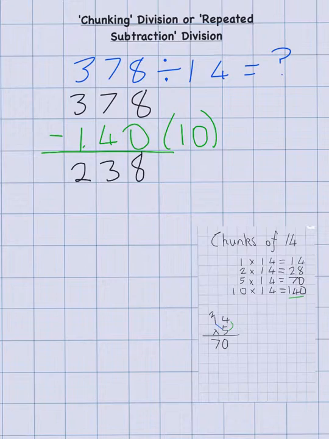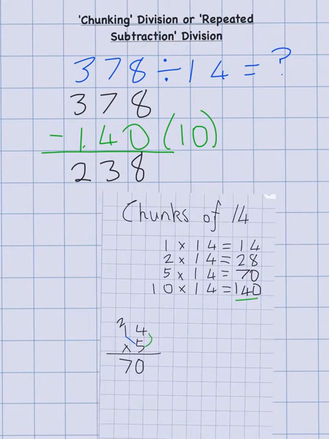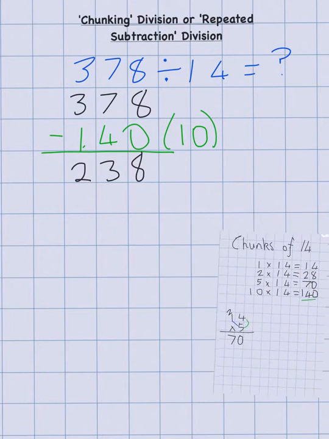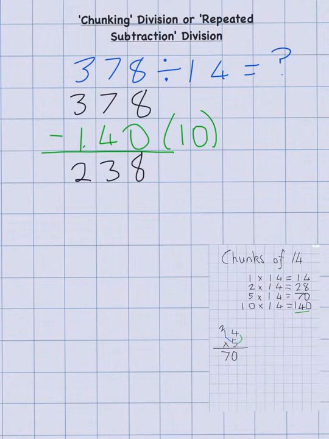What's the next step? The next step is to take away another chunk. So let's have a look again. Are we going to take away 14, 28, 70 or 140 from 238? Again, the right decision would be to take away another chunk of 10, which is another 140. So we write 140 underneath, put in brackets again what chunk we're subtracting, and go ahead and carry out the